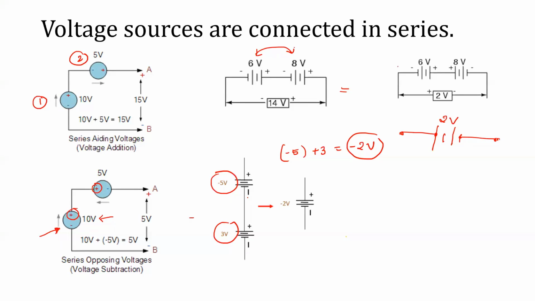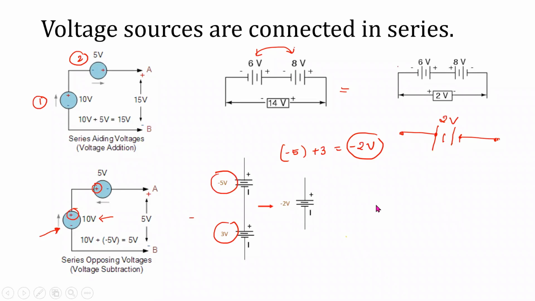Okay, next, what is the polarity? It should be the highest value. Both are same polarities here, so I have maintained the same. Have you understood what should be done if voltage sources are connected in series? Simple. Addition and subtraction. Addition should be followed if alternate polarities are connected. Subtraction should be followed if same polarities are connected. In subtraction, you should take care of the polarity according to the highest value.